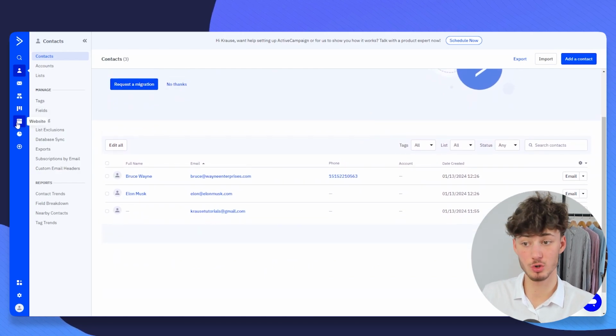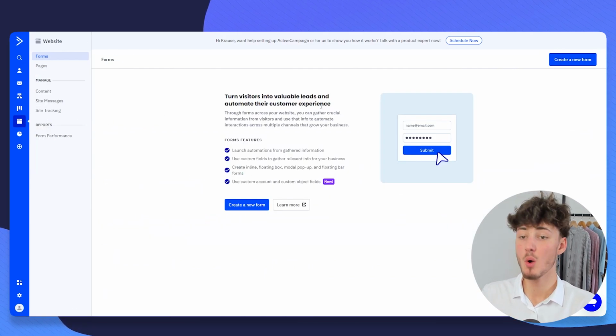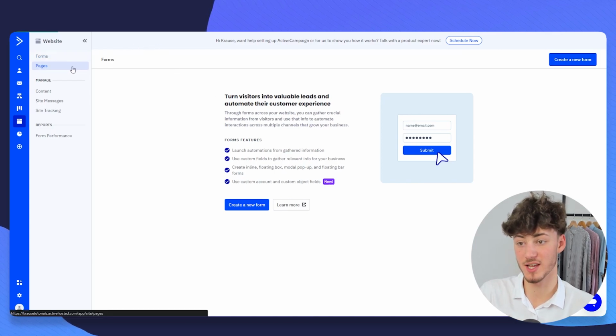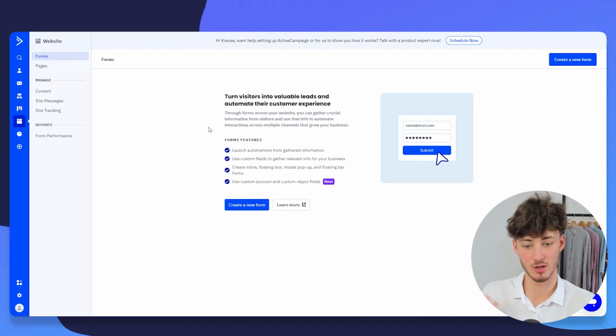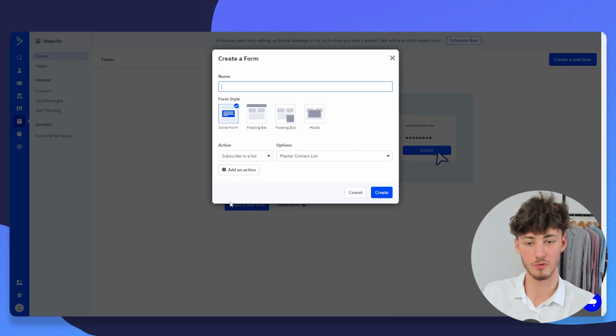We're now going to head to website right here, which is going to allow us to create our own custom forms and pages to automatically get subscribers onto our lists. So let's get started with creating our form. Just click on create a new form right here and then give this form a name. In this case, I'm just going to put in test 1, 2, 3, and then we will have to